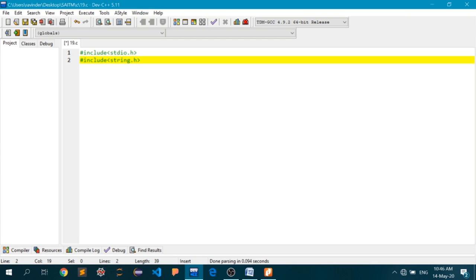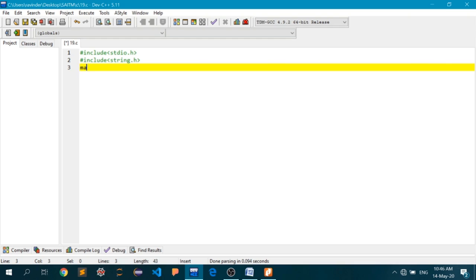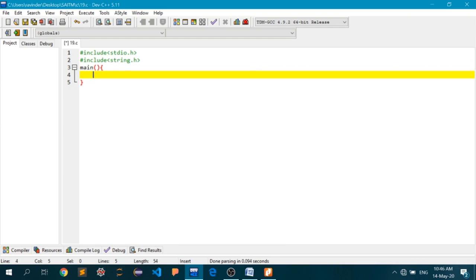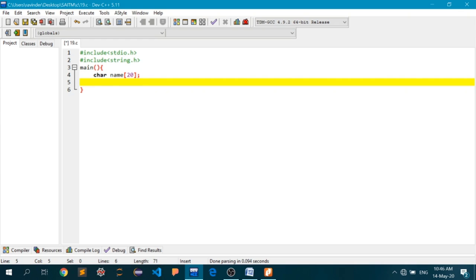That is it. It's quite simple. And then the main function. Let's try to figure out the body. Let's initialize an array of type char, and let's name it as name, and let me assign 20 memory locations, 20 bytes of memory for this particular array. And instead of using, let me ask the user what is the name, what do you want to store